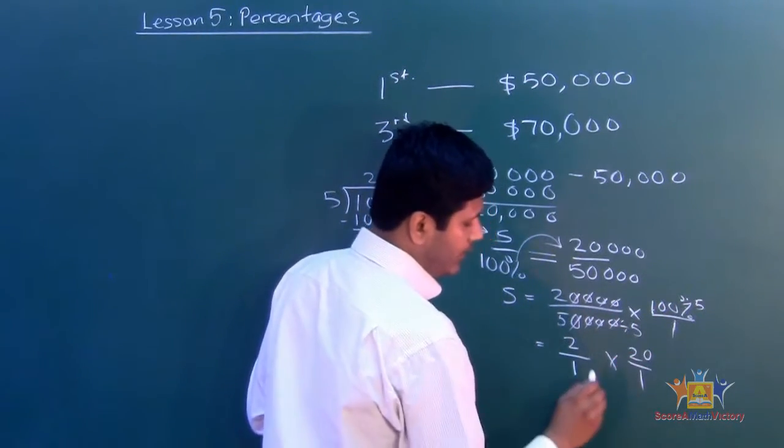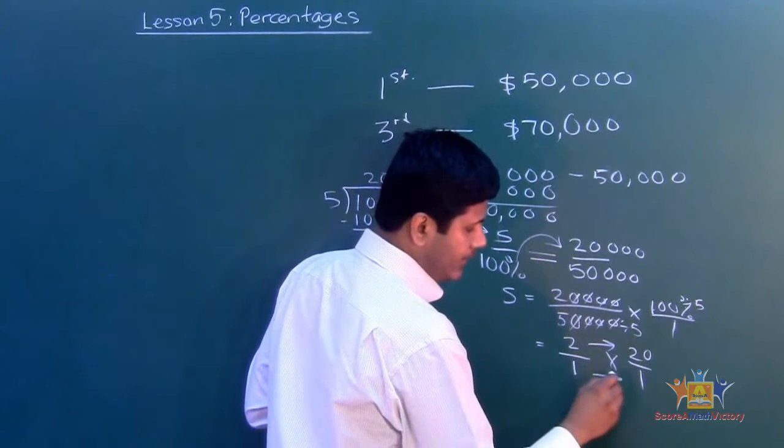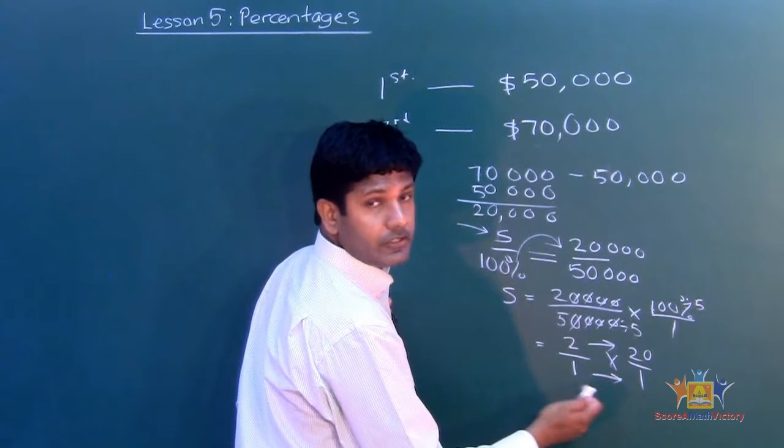20 over 1. So I'm going to use the double arrow method. When you're multiplying two fractions, you use the double arrow method. 2 times 20 is 40. Now be careful, we forgot to put the percentage. Make sure you put the percentage. 40%. 1 times 1 is 1. Because we're looking for percentage, I say S equals